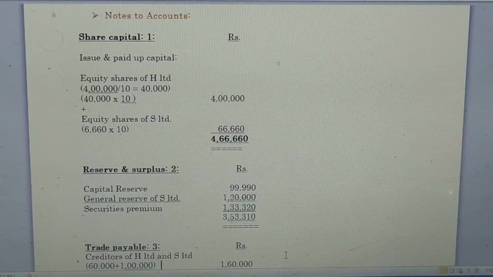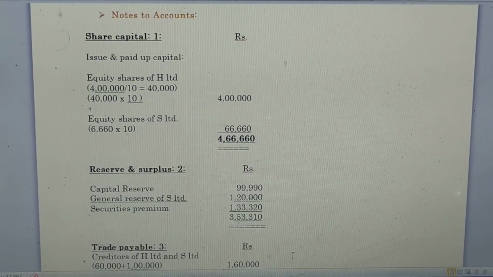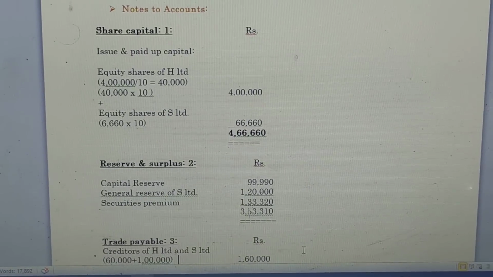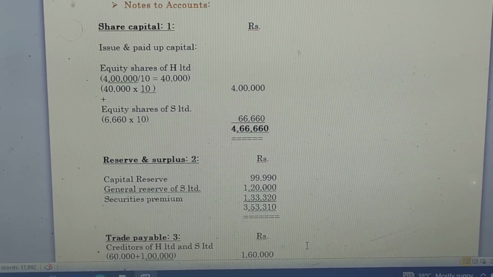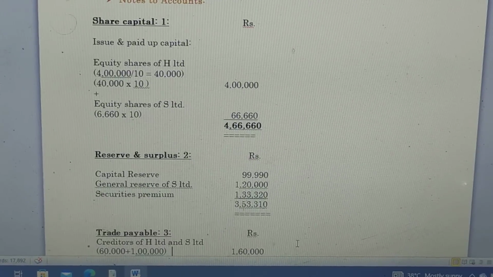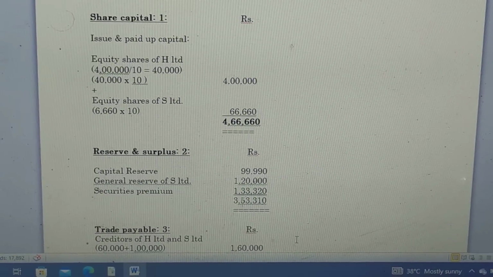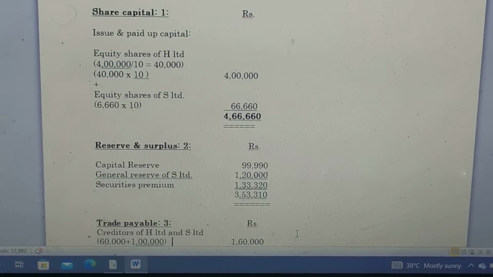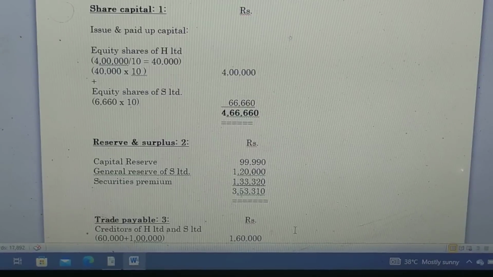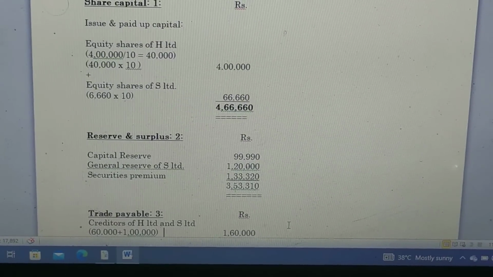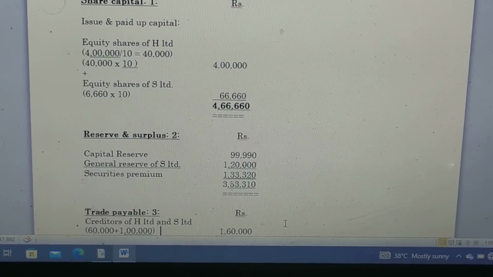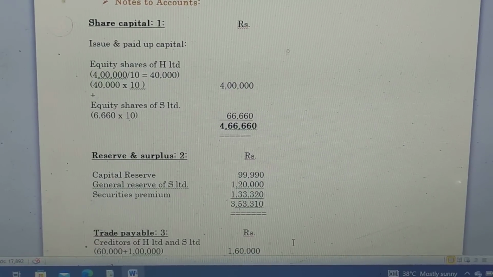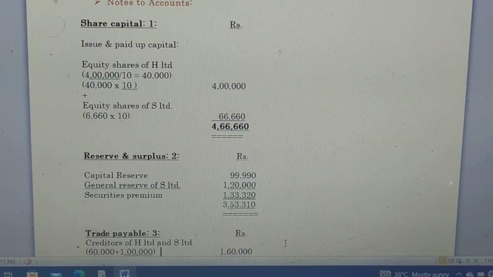Then we are going to prepare the notes to accounts for preparing the balance sheet of purchasing company. So the note number 1 is share capital. Under the share capital, equity shares of H Limited. In bracket 4 lakh is the total amount of H Limited divided by 10. 10 is the price per share of H Limited. So equal to 40,000 is the number of shares of equity share capital of H Limited. So 40,000 multiplied by 10, we get 4 lakh. That is the equity shares of H Limited, then plus equity shares of S Limited is